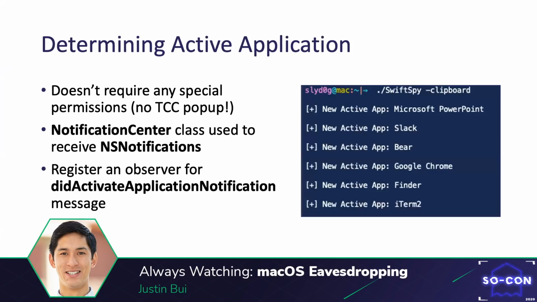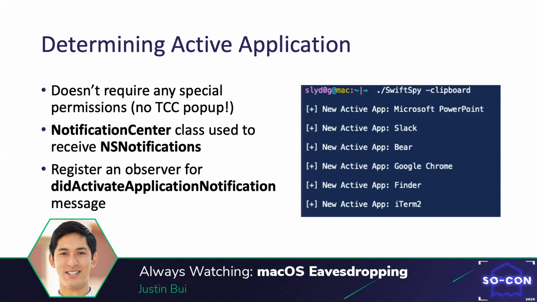Before I dive into exactly how clipboard monitoring works, I wanted to dive into how to determine the current user's active application on macOS. I think this is extremely useful for general context as an attacker to see what application the user is currently sending keystrokes to, or what application they're clicking around on. So I decided to implement this first before implementing a keylogger or clipboard monitor or anything. The nice thing about determining the active application is that it doesn't require any special permissions. So there's going to be no TCC pop-up